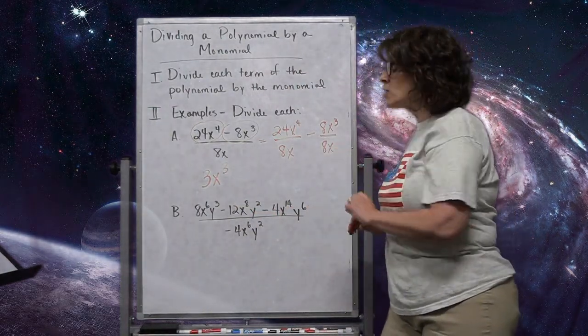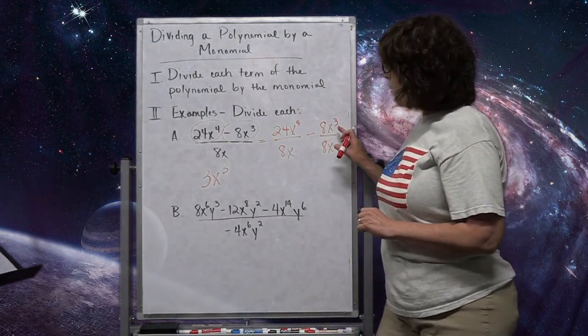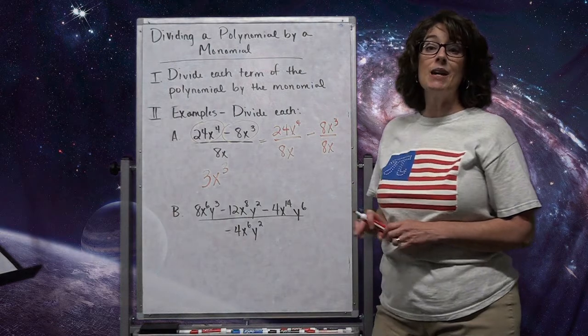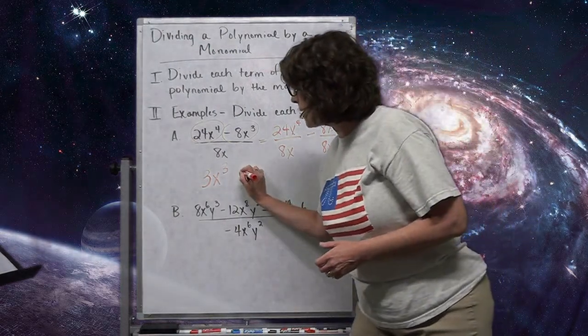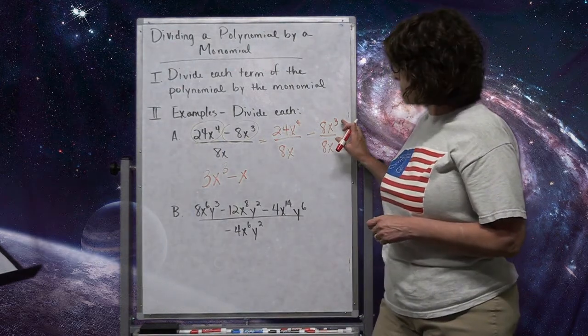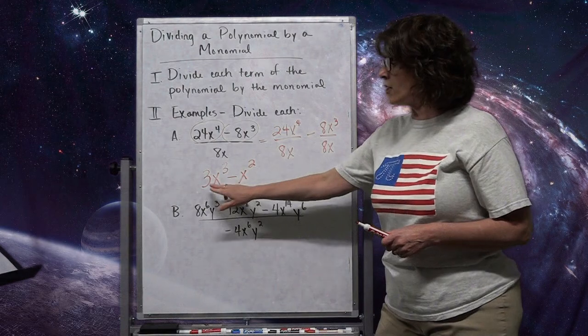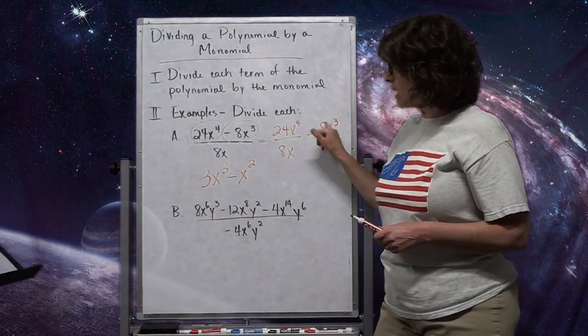Then when I take a look at this one, recall that 8 divided by 8 is a 1. And now when I divide these same bases, once again I'm going to keep that base because it's all about the base, and I'm going to subtract those exponents. 3 minus 1 will give me a 2. So when I divide this, I get 3x to the 3rd minus, and when I divide this, I get